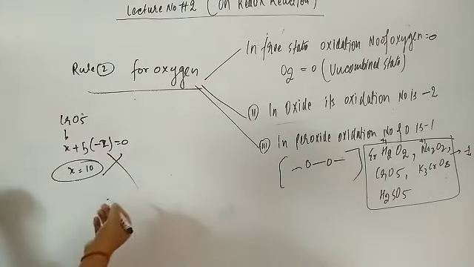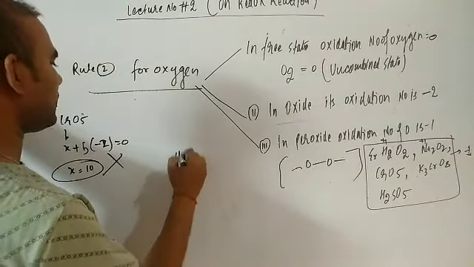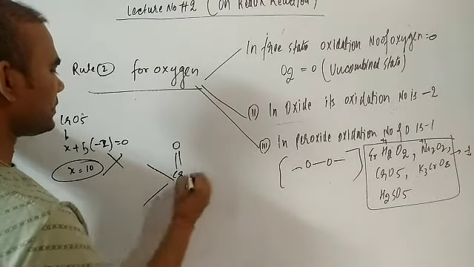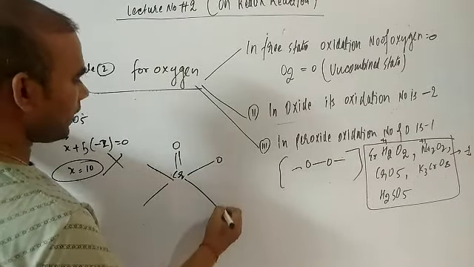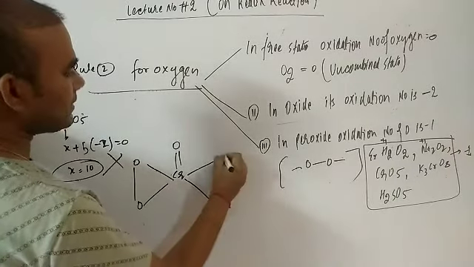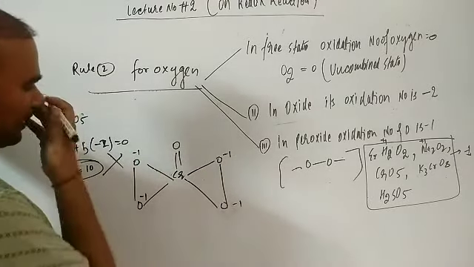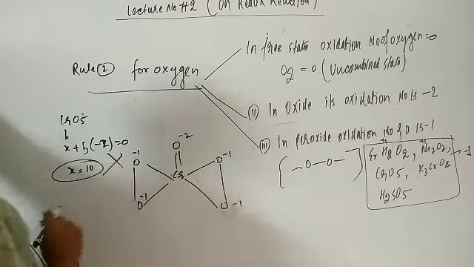So this means it is strong. We have to understand CrO5, what is the oxidation number, student? We have to understand whether there is any peroxide linkage. So 2 peroxide linkages are there, -1, -1, and -1, -1, and here is -2, a normal oxide.